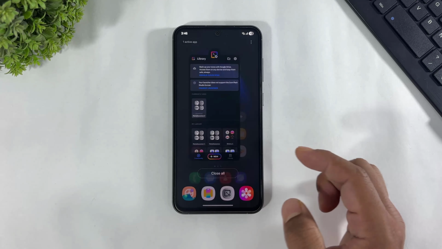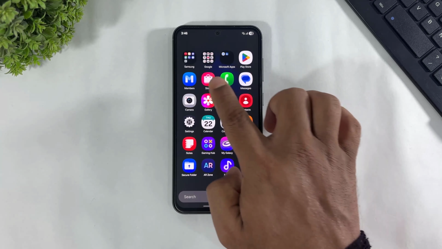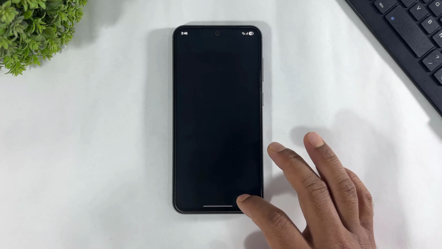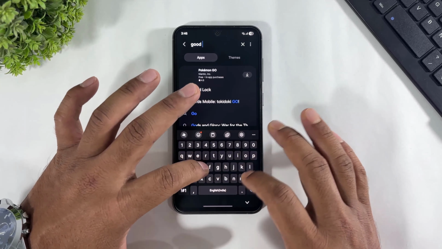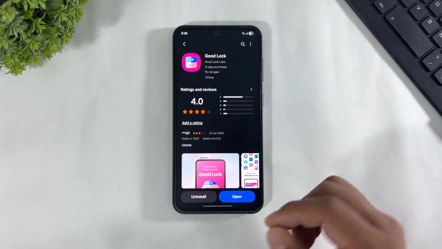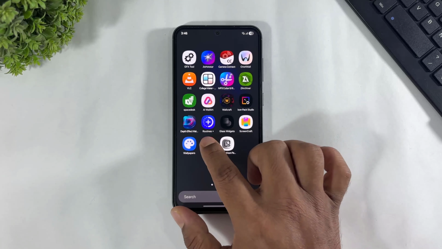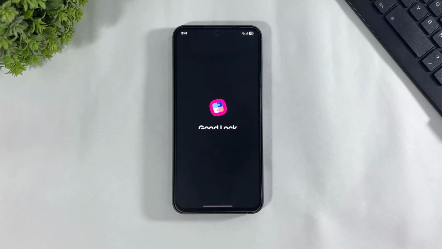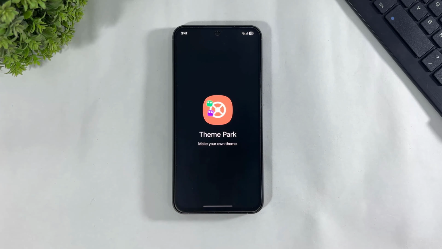close this app. Now go to Galaxy Store and download Good Lock. Guys, download this Good Lock on your Galaxy device. After downloading, simply tap and open. Update your Theme Park plugin. Look at this. Open Theme Park